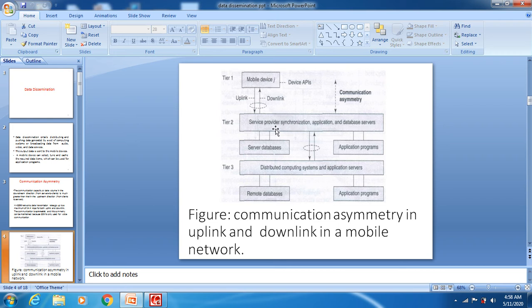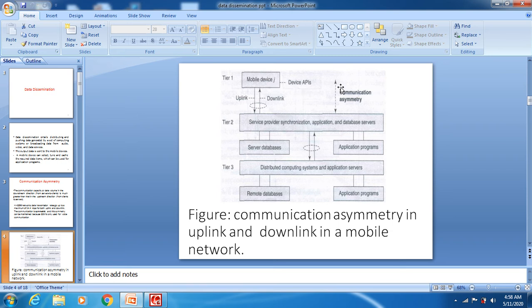From the client to the server we use two links: one is the uplink, the other is the downlink. Uplink means uploading data from the client to the server, as the arrow direction shows. Downlink means from the server to the client.